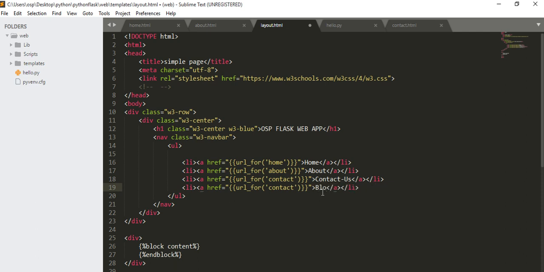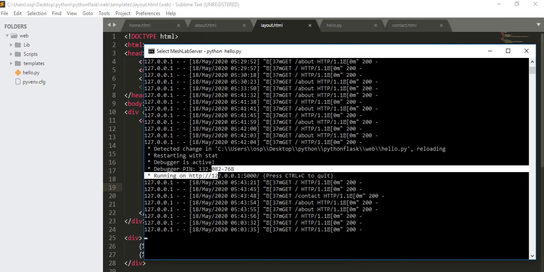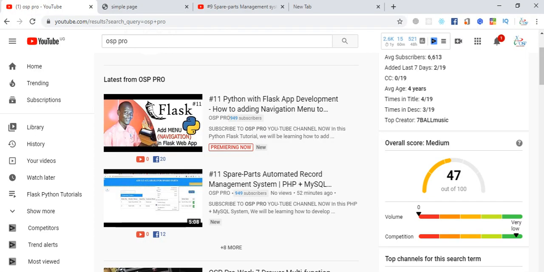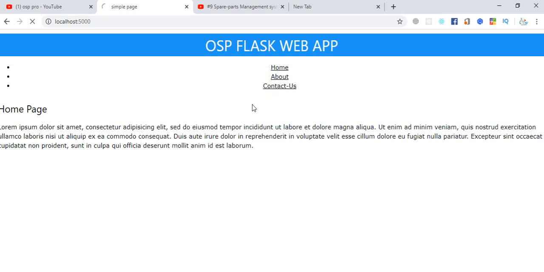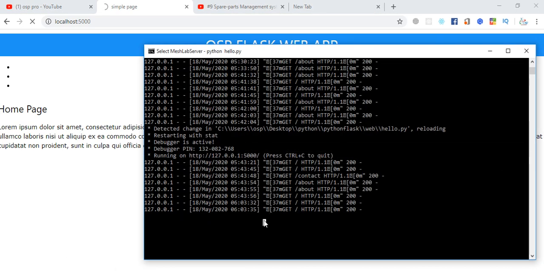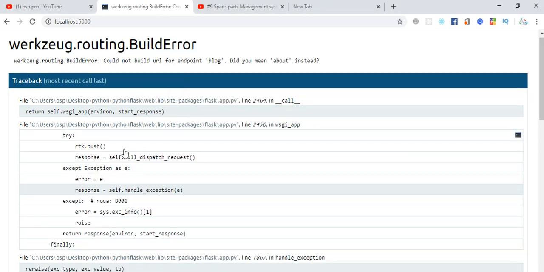So this page called blog, I'm just going to generate a page called blog. If I save it right now, I think I should get a kind of pop-up. Fine, everything is okay because I'm not ready to run it. But if I happen to run it in the browser and I try to go here, you'll find a page called blog here. But now that page is not going to run, it's going to bring us something like an error because we don't have it. So I expect to have